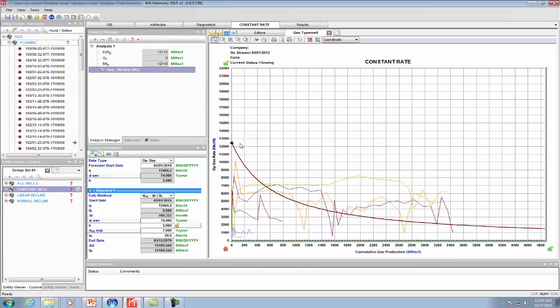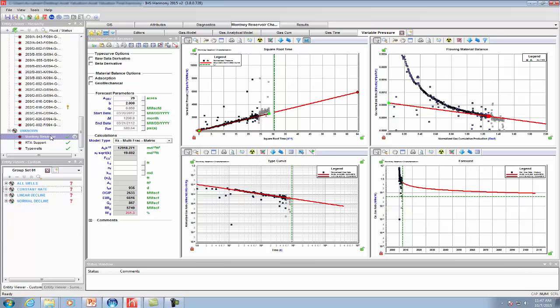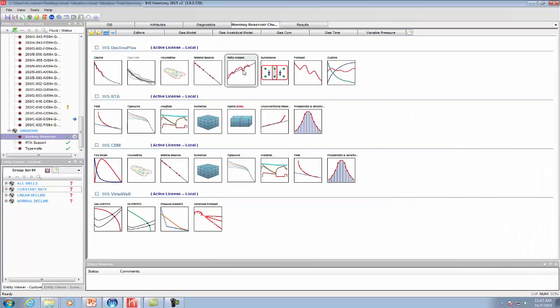So what I decided to do is I wanted to see if I could support these decline trends using more scientific methods. I was lucky enough to actually have daily rates and pressures for one of my wells, and also had the PVT information for it. So I was able to do rate transient analysis on one of my wells. What I did is I created a numerical model,